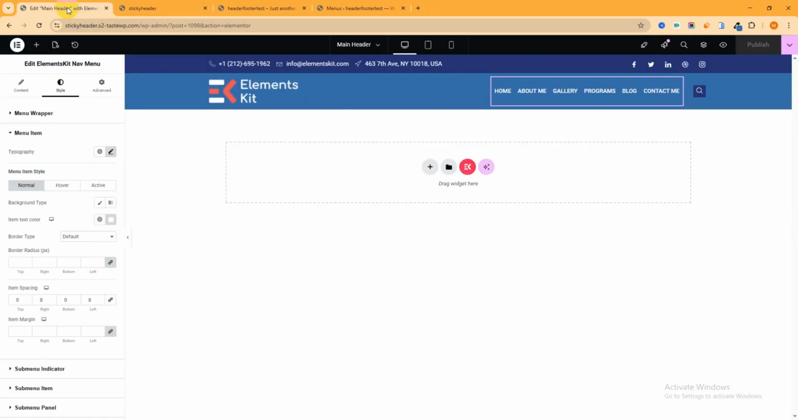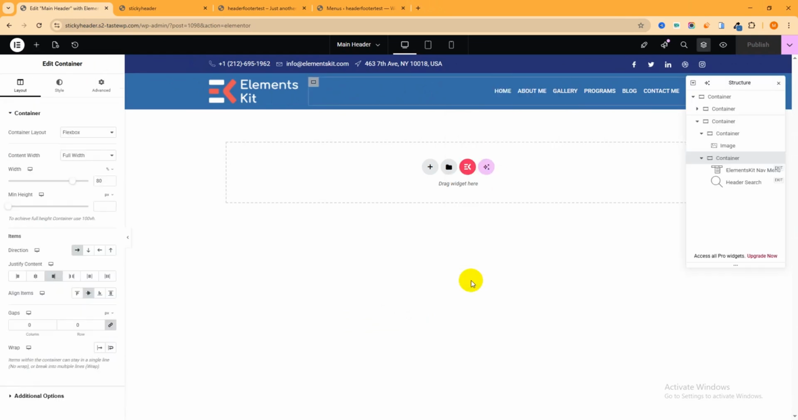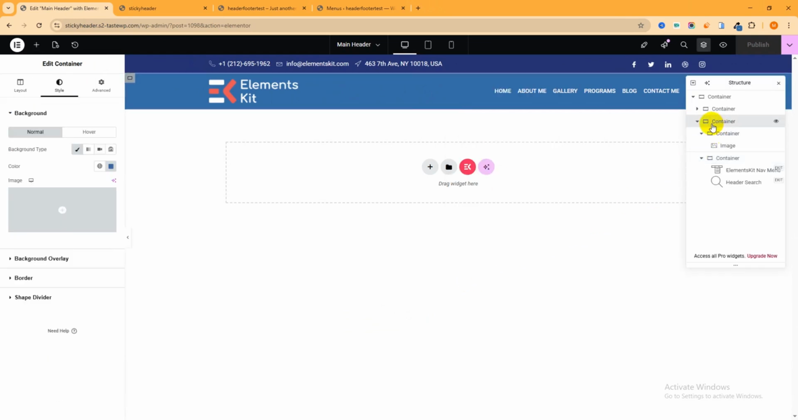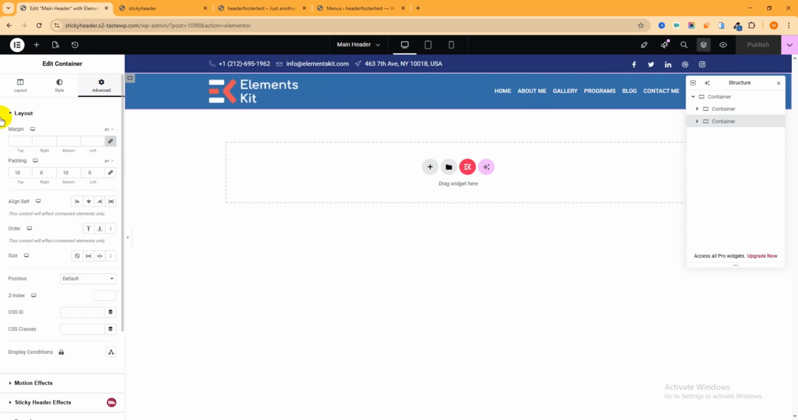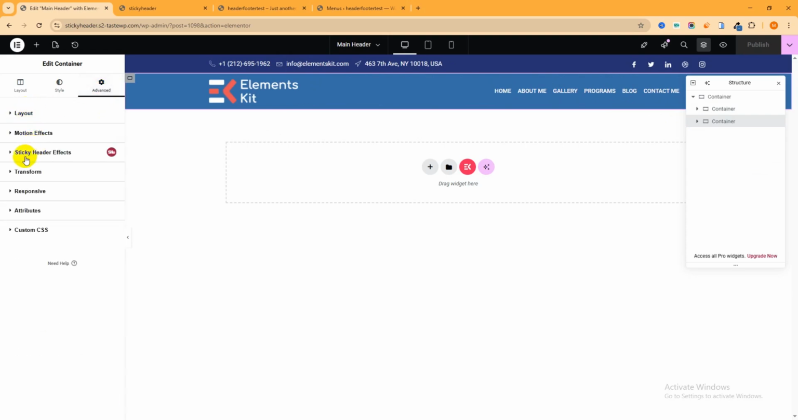Okay, so again go to the editor and right click and structure, then you can see this is the actually main header. This is the main header container. Okay, just click on it, then navigate to the advanced tab. This is the advanced tab. You can see just I can close this toggle and sticky header effect. Click on it,